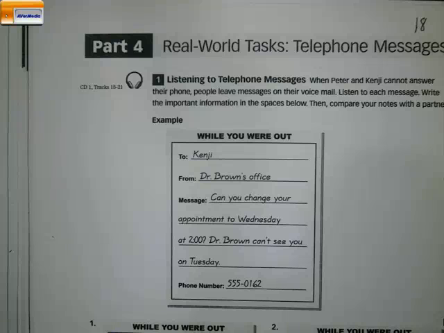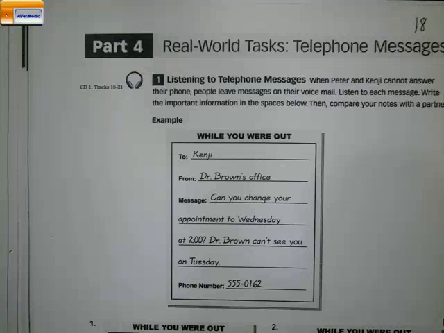The first exam, this was the example here that you have up there from Dr. Brown's office. Kenji, this is Linda from Dr. Brown's office. I'm calling to change your appointment. Dr. Brown can't see you at 2 o'clock on Tuesday, but you can have an appointment the next day, Wednesday, at 2. I hope it's convenient. Let us know. Call us at